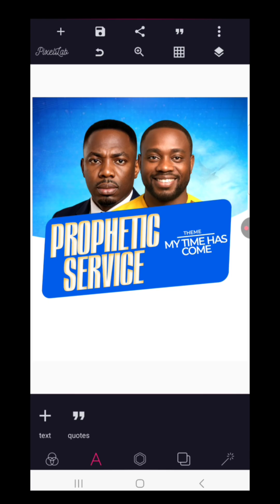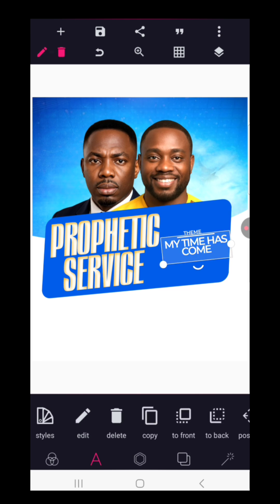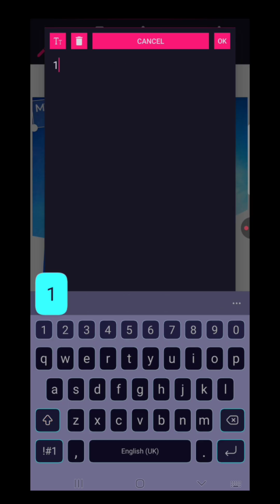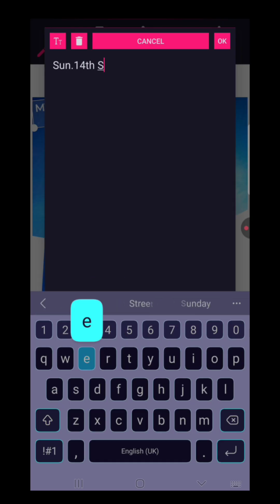Now after realizing this, the next thing we're going to do is to bring in the date. So I'm going to copy this text now and write the date. So it's happening on the 14th of September. So I have Sunday, 14th September